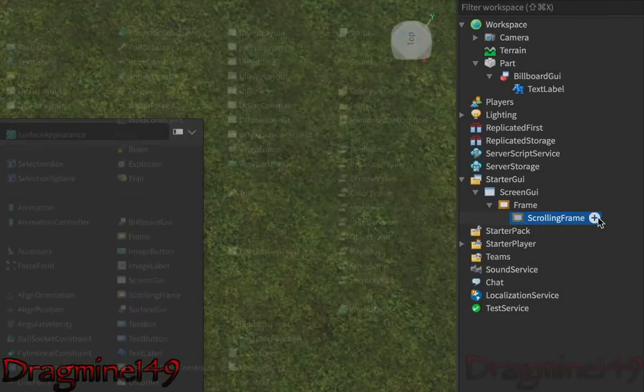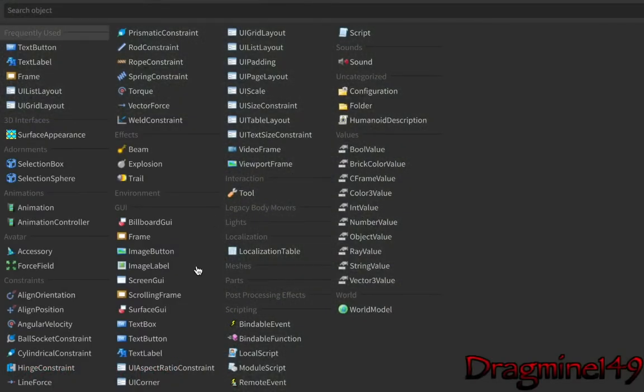So back in our list, we've got image button, image label, and text button and text label. We also have more UIs up here, but half of these, if it says UI grid layout or list layout, it basically does what it says.